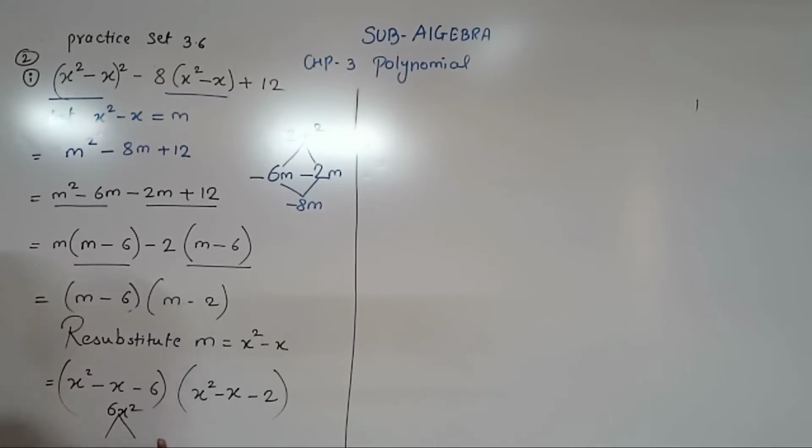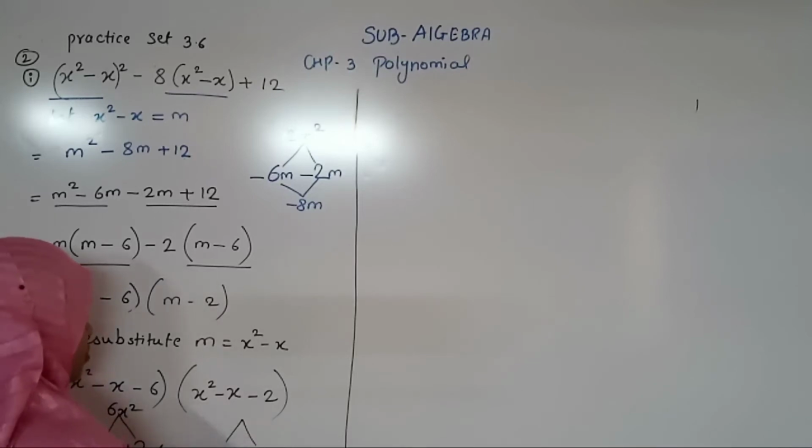Now I have to take numbers. See, I can take 2 3s are 6, right? 2 3s are 6, and 3 minus 2 became 1. So in the second stage I have to put the variable. The sign of the middle term goes in the bigger number, and I have to put minus in this number. So minus, and here which sign will come? Plus, because minus plus becomes what? Minus. Okay.